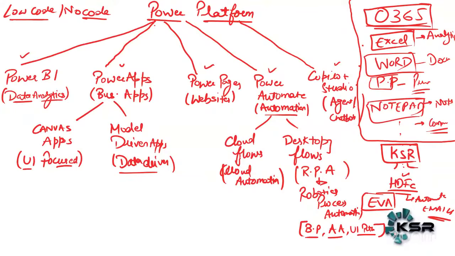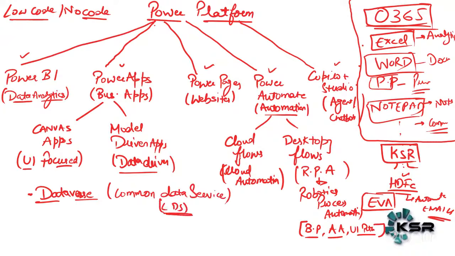Now, guys, there are a few other add-on services available in Power Platform. First is Dataverse. Dataverse is the out-of-the-box cloud database solution which is available with Power Platform. It was previously called Common Data Service, CDS. Now it is called Dataverse. And you can go ahead and use AI Builder capabilities. You can use AI models. This is now called AI Hub.